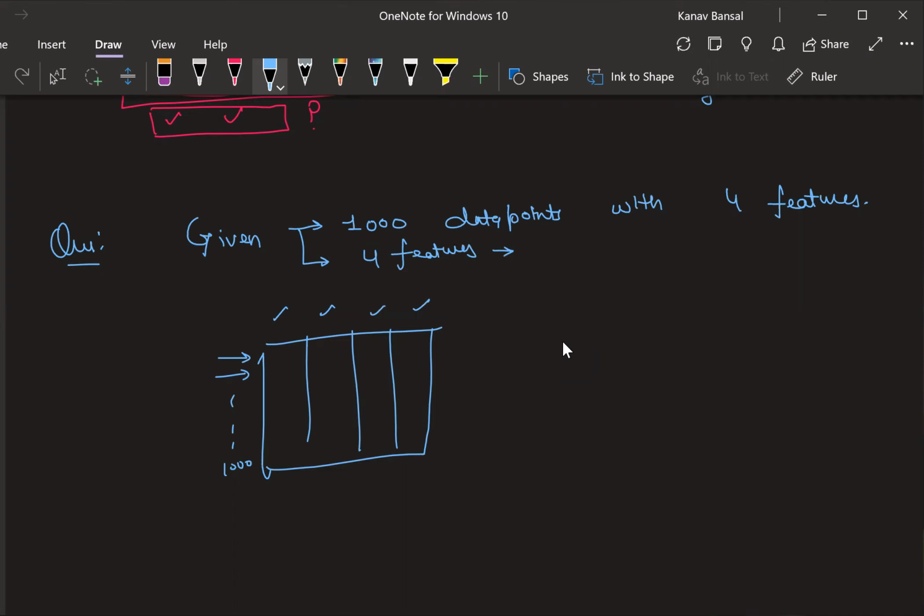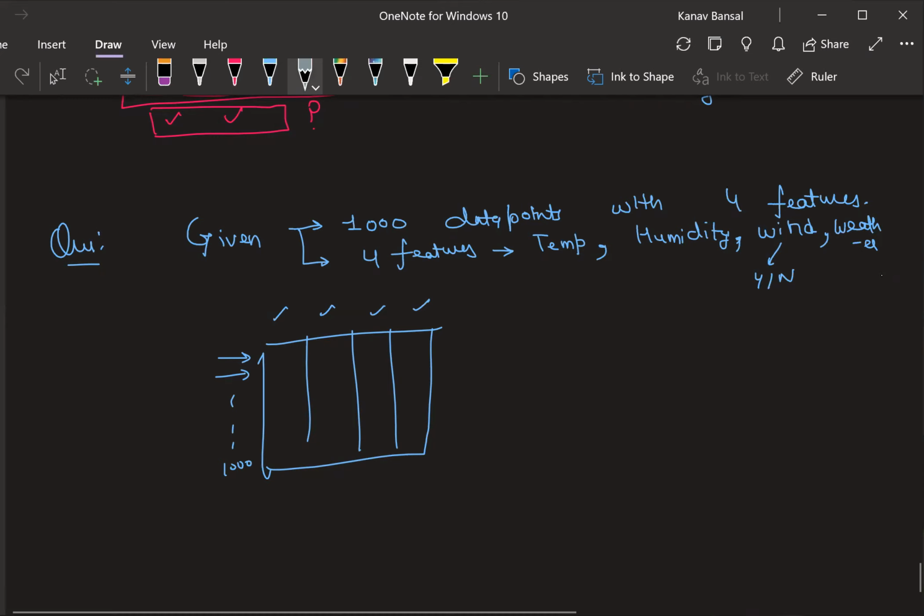are nothing but maybe temperature for the day. It also contains humidity for the day. It also contains windy, right? Wind information, which can either be yes or no. And let's keep weather here. So these are the 4 columns given to you.